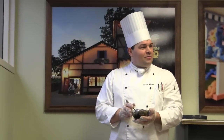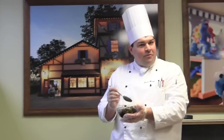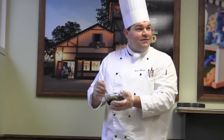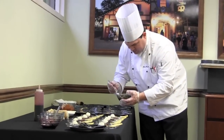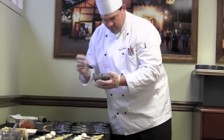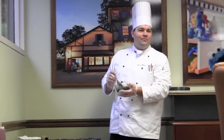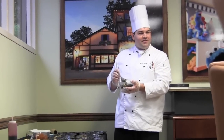A chef they brought in specifically for this event to help them out. Just to give you a brief rundown of my history, where I came from. Grew up in a small town in Vermont. Went to school in Vermont too, at a small school called the New Culinary Institute. Most of my career has been spent in the resort industry, and specifically, I spent about 8 years right next door at Kingsman. So that's my connection to the park